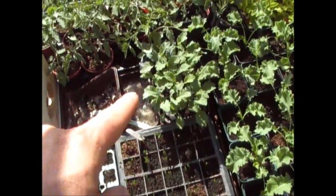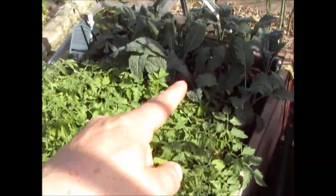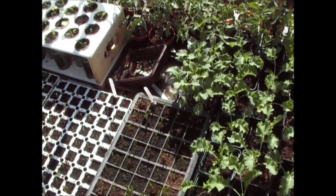That's some more Nero kale, which I'm not likely to use because I think there's enough there for me, to be honest with you. So I'll probably give that away. I've already given one away to somebody else. But right,